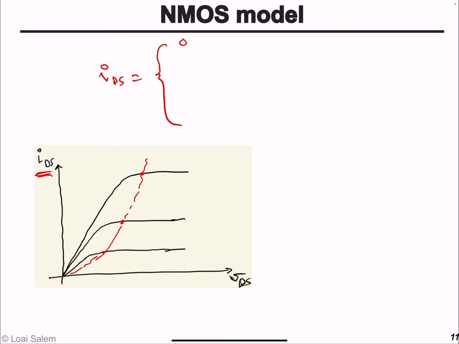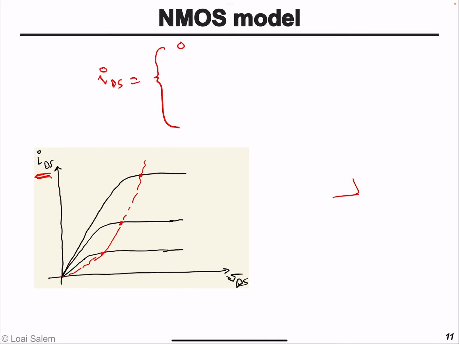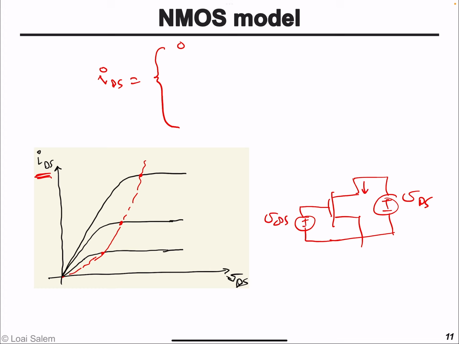First, the current will be 0 in the transistor if VGS is less than the threshold voltage, because essentially it's an open circuit. Now, when VGS is of course larger than the threshold voltage, then the transistor is going to be on,